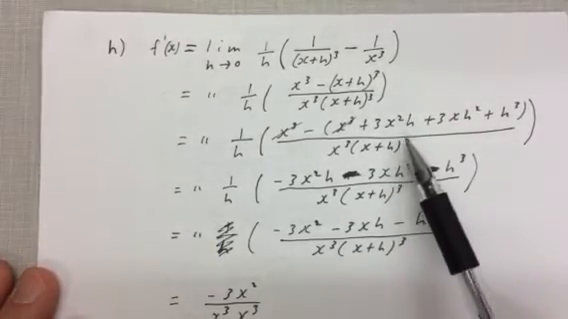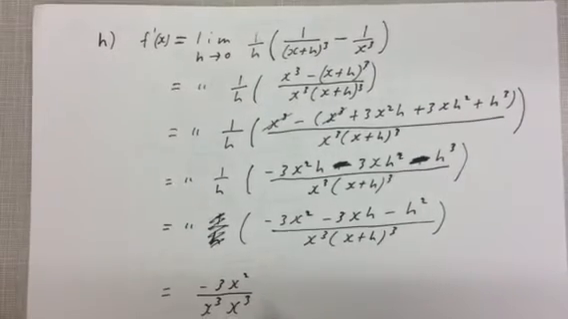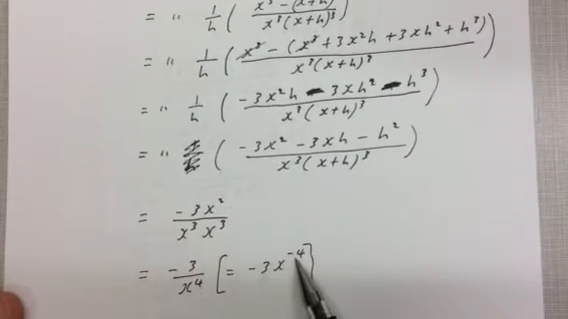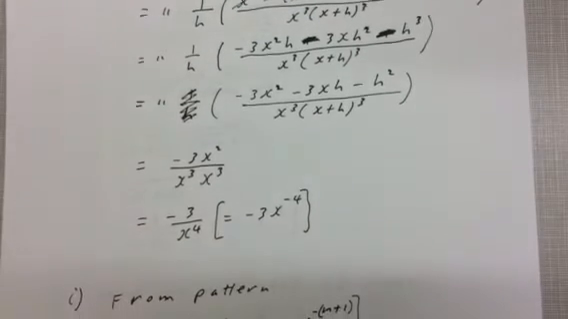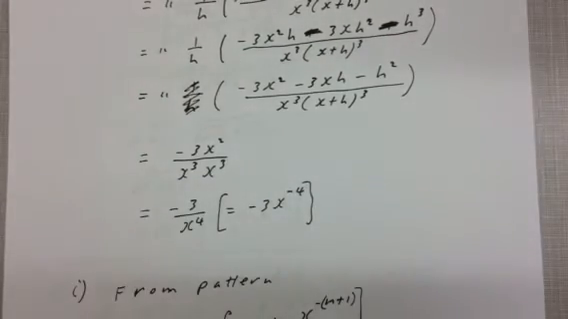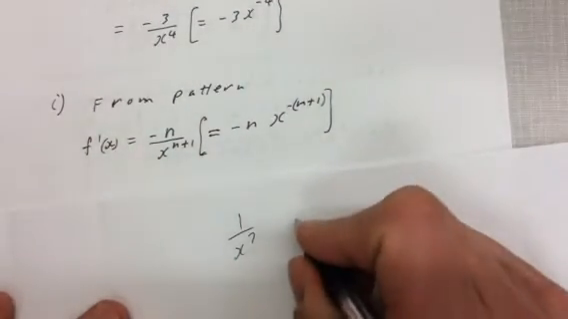Expand that out, get a common denominator. It can get ugly, but it works out. Okay, you get this, which is negative 3x to the negative 4. And then from that, hopefully you saw the pattern of this. You got negative n over x to the n plus 1, or negative n x to the negative n plus 1. Okay, so for this example, if it's 1 over x to the 7, say, then the derivative,